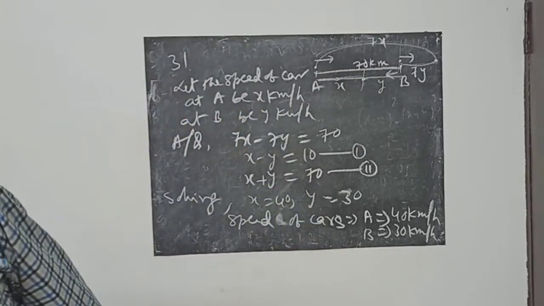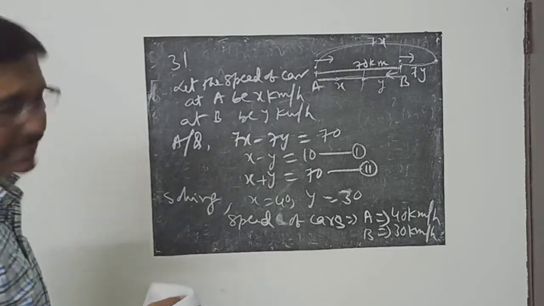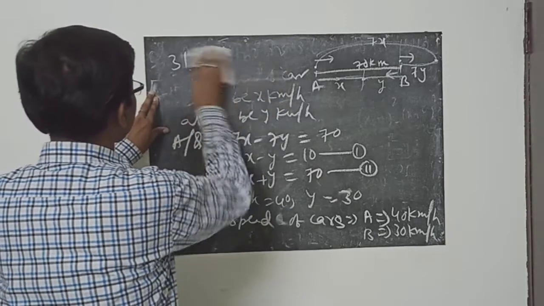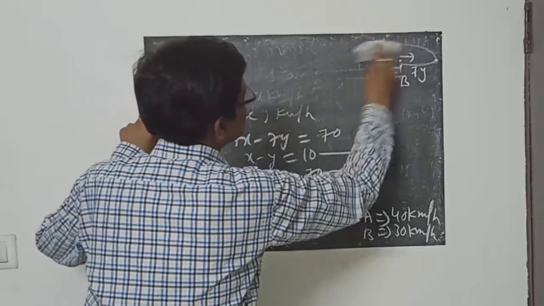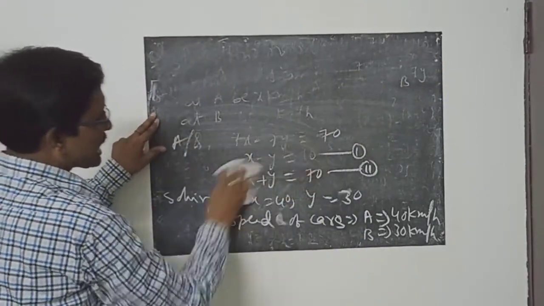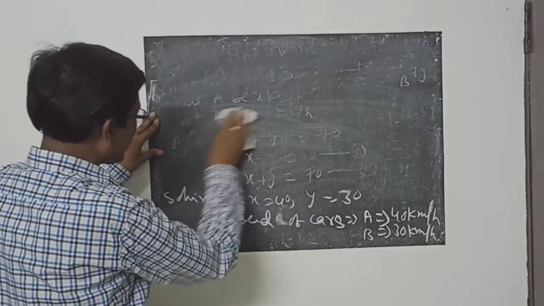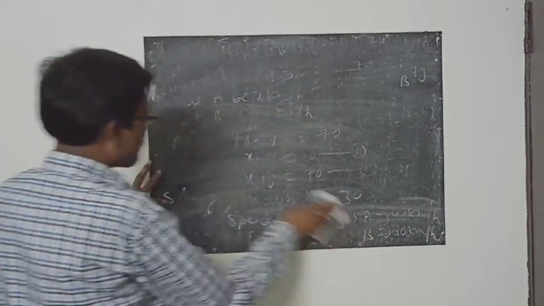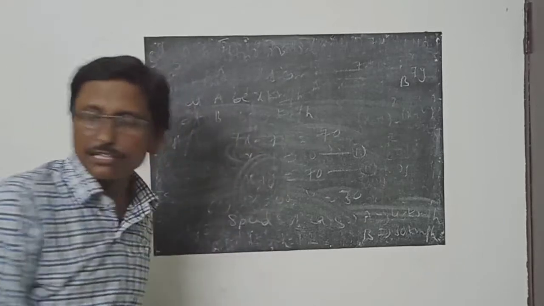So in this way, one question also we can discuss like this one. In your book it is question number 36. See the question and read again and again. Then you will get the idea of what it wants to say. That condition is given. Then you can arrange the equation.